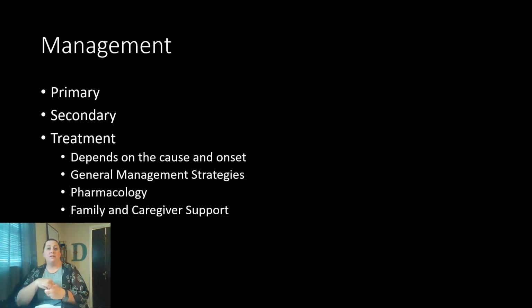Genetic counseling could also help. If you are a carrier of a potential genetic disorder or you have family members who have had one, you might need genetic counseling in order to see if there's a chance for your child to develop this. Secondary are going to be your screening tests. This is mostly like the mental status screening that would be done just in your primary care type of appointments. But then we also have some treatment.